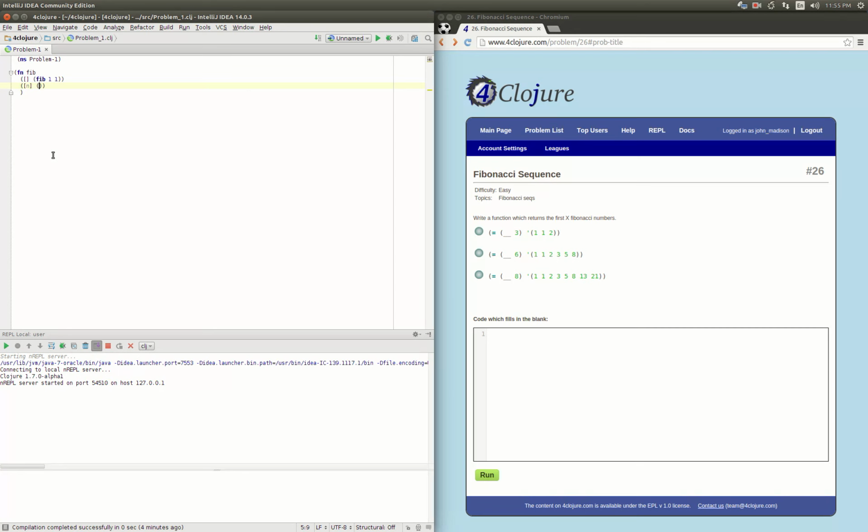we will just take n of Fibonacci with no arguments. That way, whenever the 4Clojure problem gets called, when we put it in there and the argument 3, 6, or 8 goes in, it'll go to this arity and then take so many of our lazy sequence. Okay, so the final arity here, we're going to say,